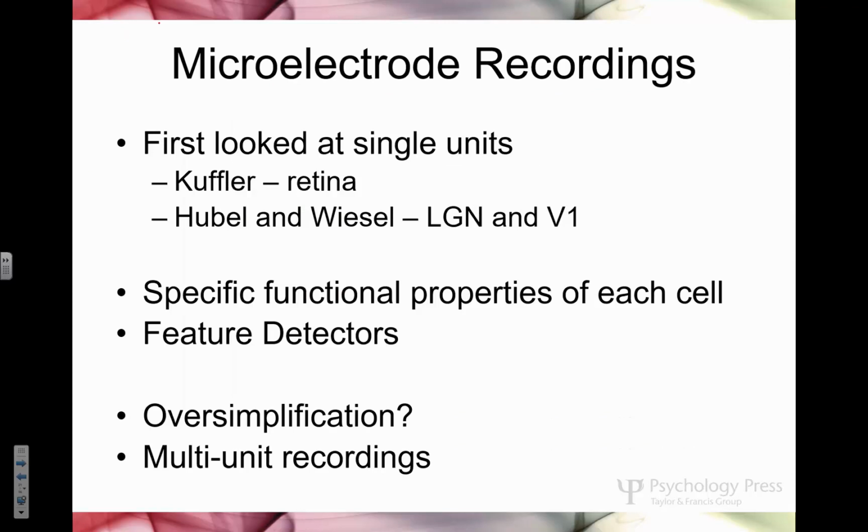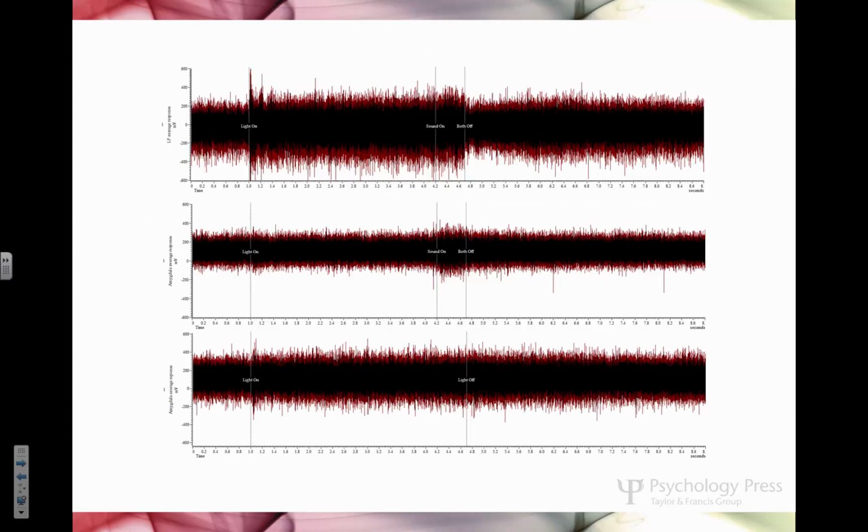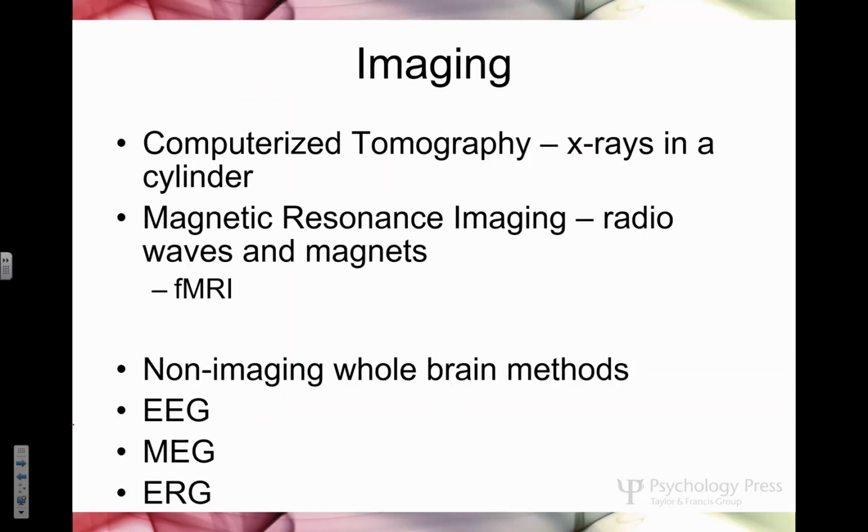Don't worry about this. Single unit recordings. So what does that mean? We stick a piece of metal into one of those brain cells, and we measure those electrical signals as they're coming through. That'll tell us a lot about that particular cell. Does it get excited by a red dot, or does it get excited by a blue dot? Does it get excited if the dot's moving? Does it get excited by a high-pitched voice or by a low-pitched voice? Don't worry about these things.